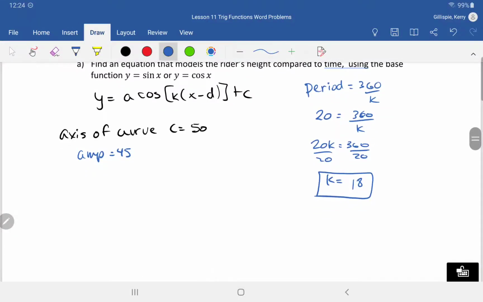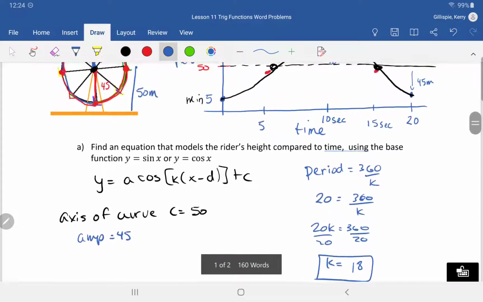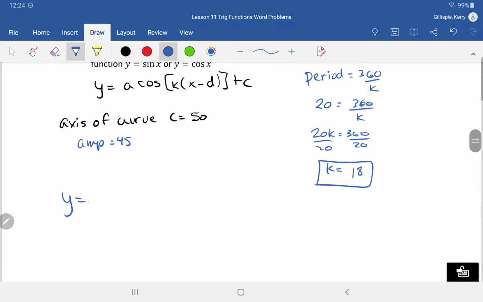That makes things easier. Because of the fact that we have to reflect it, we have to make sure we put a negative in front of the amplitude. The amplitude itself is never negative. The negative is just in front of the amplitude to reflect it. Okay, you technically can't have a negative amplitude. So we've got negative 45 cos of 18x,